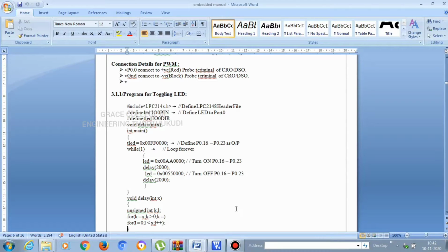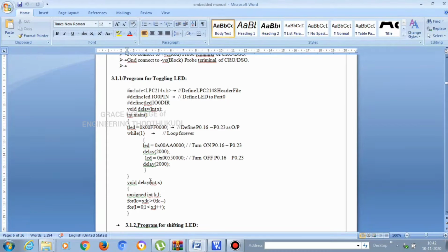In this manner it will blink continuously, because this is given in the while loop. So the program will continuously execute and produce this toggling operation with some delay of 2000. The delay program is given here, delay of int x, where x is 2000, and the for loop will execute for the millisecond, and it produces the toggling of LED.